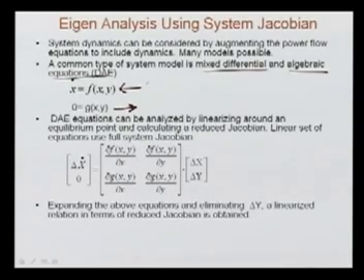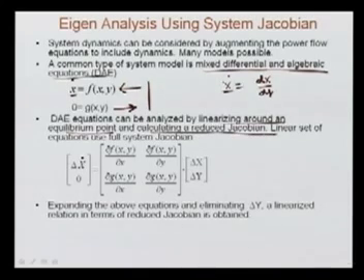So this is a combination, you can say a mixture, of differential equations. Here is a differential equation, where x dot is nothing but dx upon dt, and x is the state of the power system. Here x and y are variables, and what we have now is called a DAE, a differential algebraic equation. This DAE can be analyzed by linearizing around an equilibrium point and calculating a reduced Jacobian.